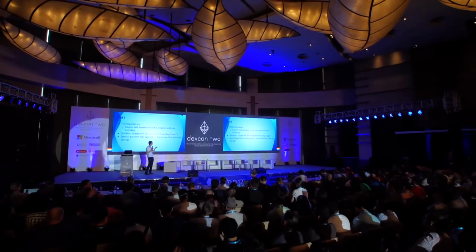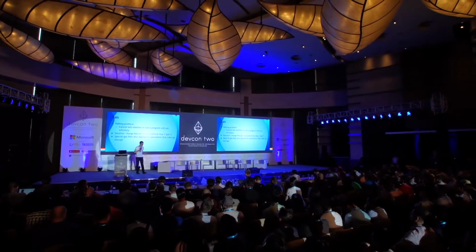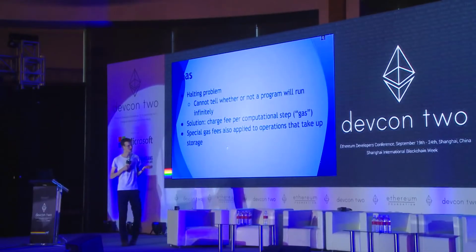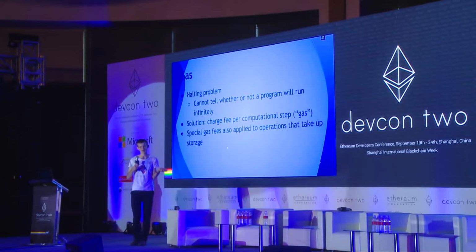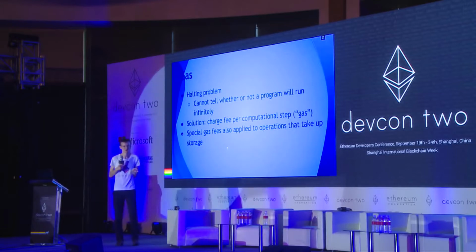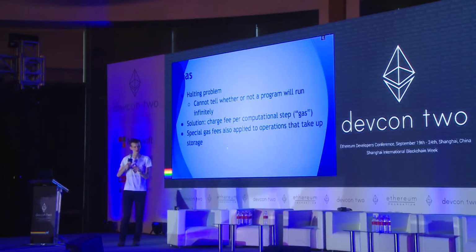So what we do in Ethereum is we have this concept of gas. And the idea basically is that when code executes, we count the number of computational steps that the code takes. And every transaction assigns itself a budget. So a transaction might say, this transaction is allowed to consume a maximum of 1 million gas. So what does that mean?